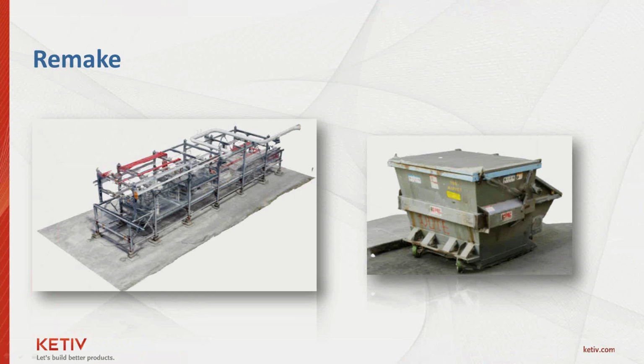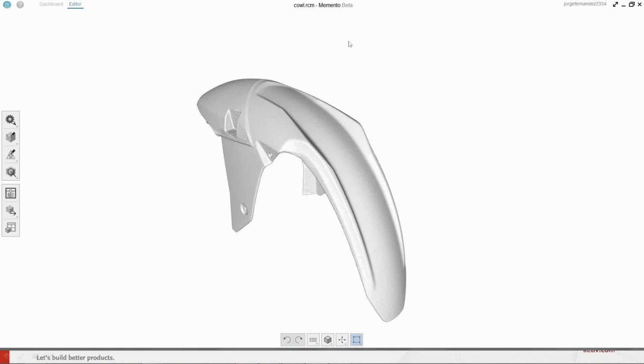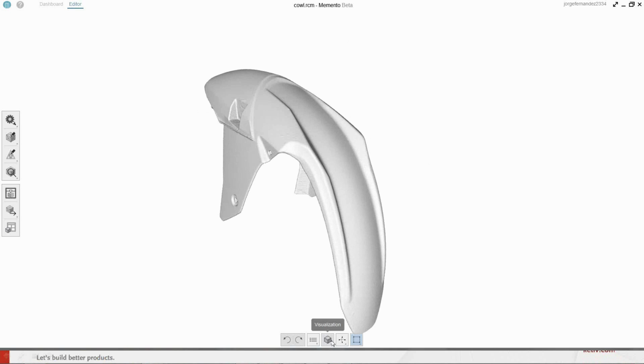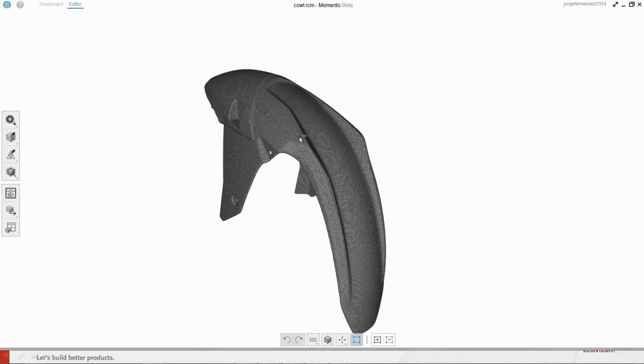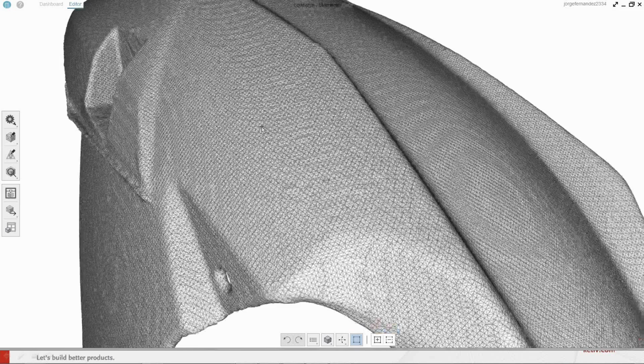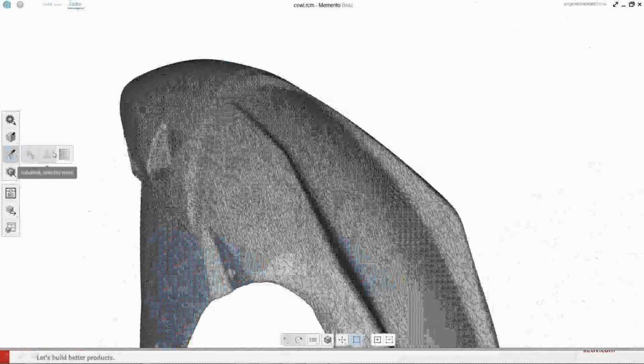So let me show you an example of that, actually. I'm going to show you Memento, or Remake. What we have the ability here to do is we actually have the scanned data that came in, and I'm going to turn on the actual mesh on here, and you'll see it's pretty refined here. It brings it in, it's pretty tight. What we have the ability to do, though, is actually change this mesh so we can actually reuse it. So we'll come over here to some of the tools that allow us